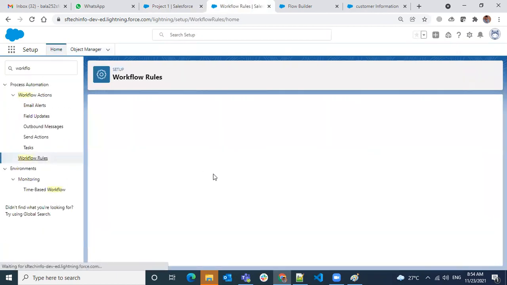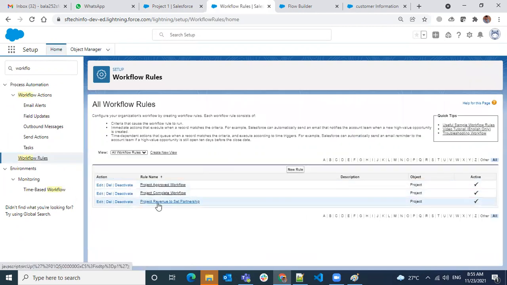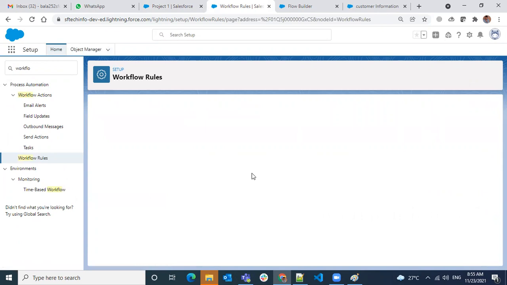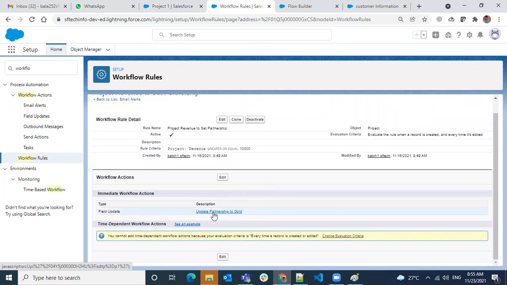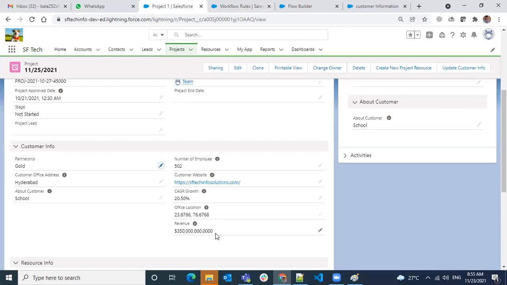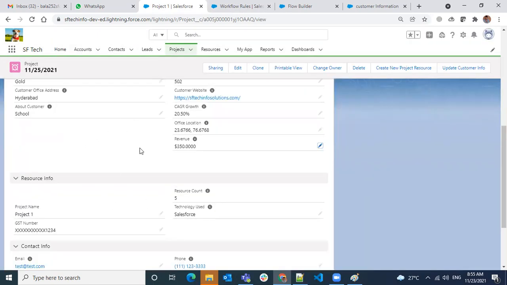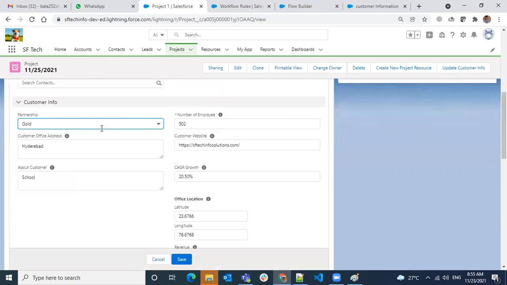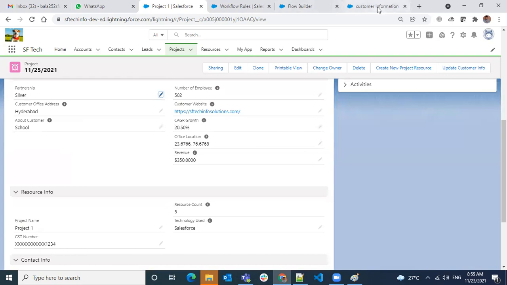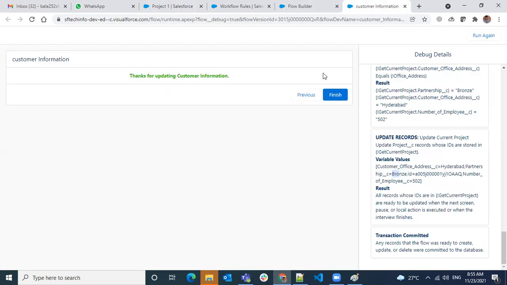Workflow rules. Set partnership here, this one. Based on revenue, set the partnership, I guess, update partnership to gold. Okay, I think based on this revenue, it's setting it back. I'm just reducing it so that it will not mess things up here. Silver. Yep. No, it's fine. So like this, you can debug why it is getting an error. Each value you can see here and you can run again and you can do